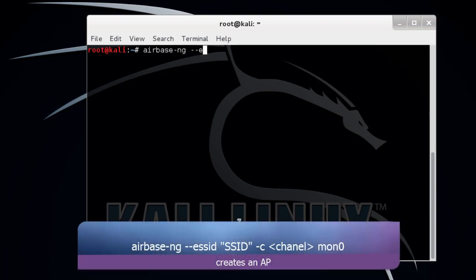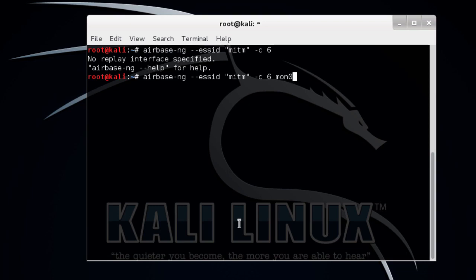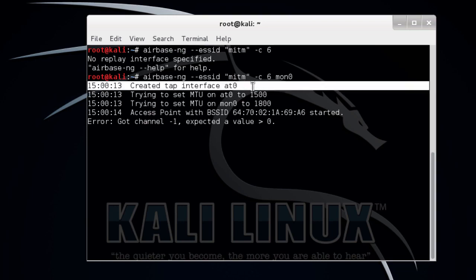The parameters that I'm going to use are --essid to specify the SSID of our access point, and I'll use MITM in this case for man in the middle, and the channel that we want the access point to work on, which will be 6. And oops, I forgot to specify the interface that we are going to use, and this will be mon0, our monitoring interface. Great, the access point has been created, and we can see that a new interface has been created also,